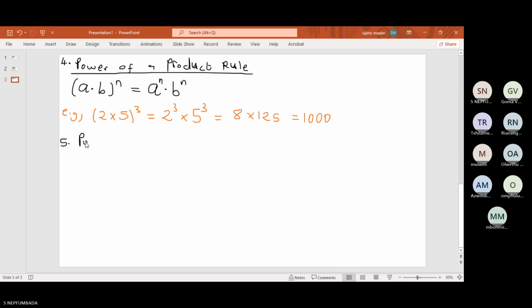Power of a quotient rule. I want you guys to have a strong foundation of mathematics. So, e.g.,